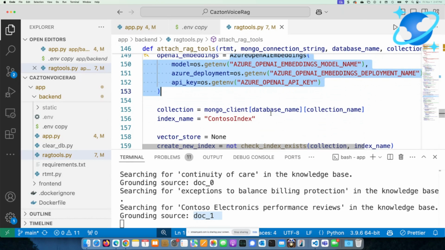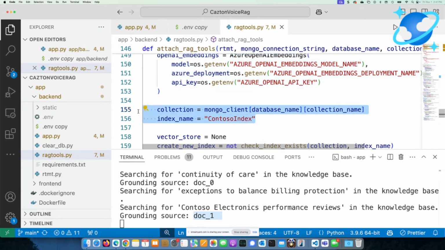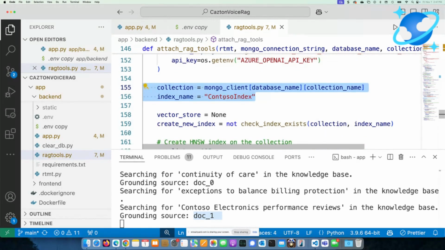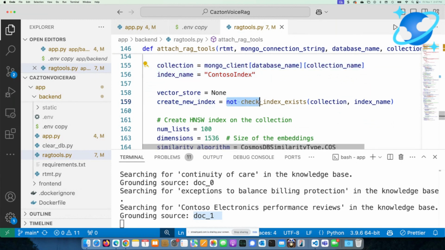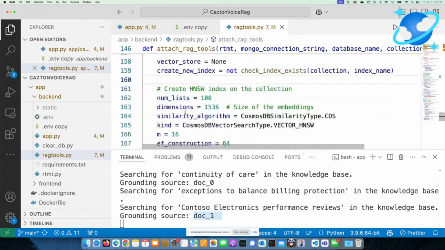This is what I like about Azure AI Studio: I get to choose the models I want, and I can change them at any given point of time without having to change anything but a single line of code in the env file. And then of course, here we haven't really changed anything. This is the name that Pablo chose, Contoso index. That's our vector store. And if the index doesn't exist, you will create it from scratch.